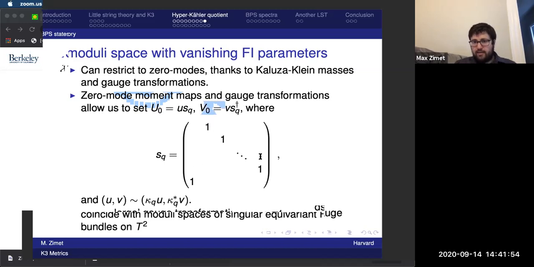Yeah, this is exactly the ALE hyper-Kahler quotient. And then the very last step is that there are some extra gauge transformations in this infinite dimensional gauge group that preserve this gauge choice, and so we have to further quotient by them. And what they do is they implement the Z^4 quotient, so you get T^4 mod Z_Q, not just C^2 mod Z_Q.